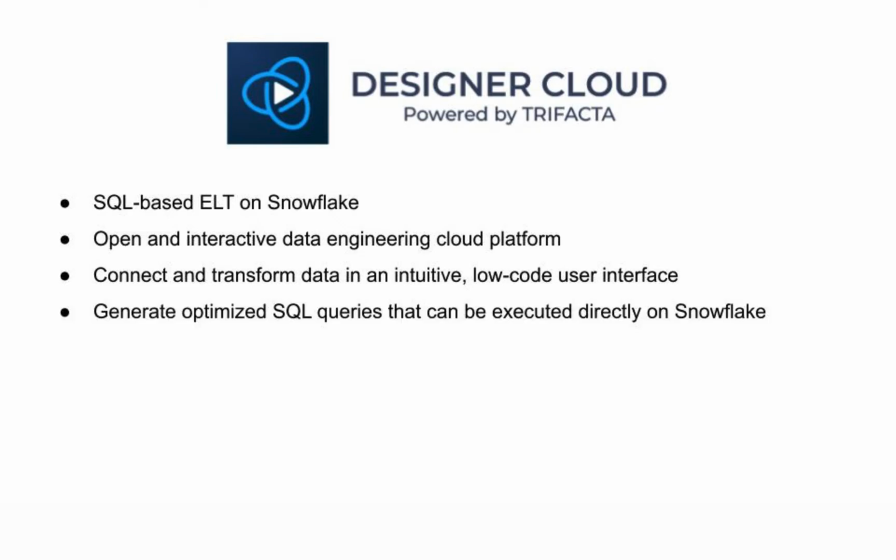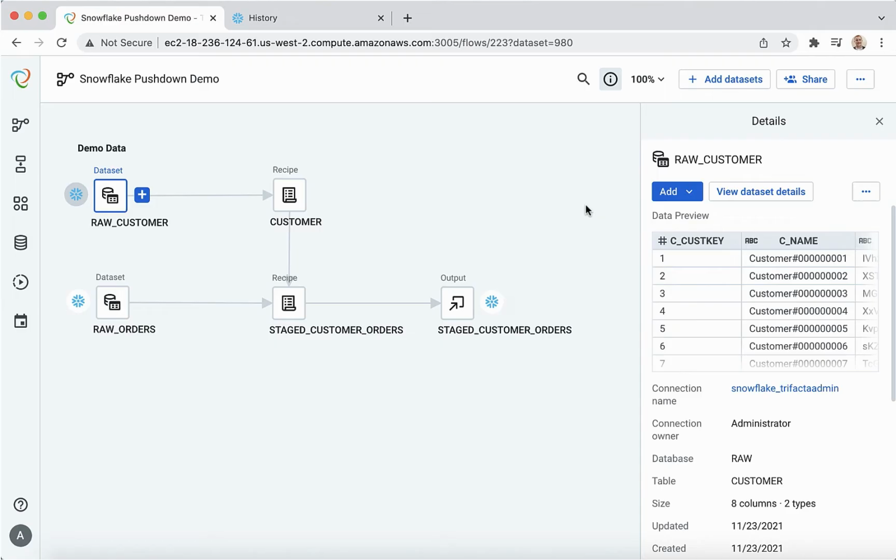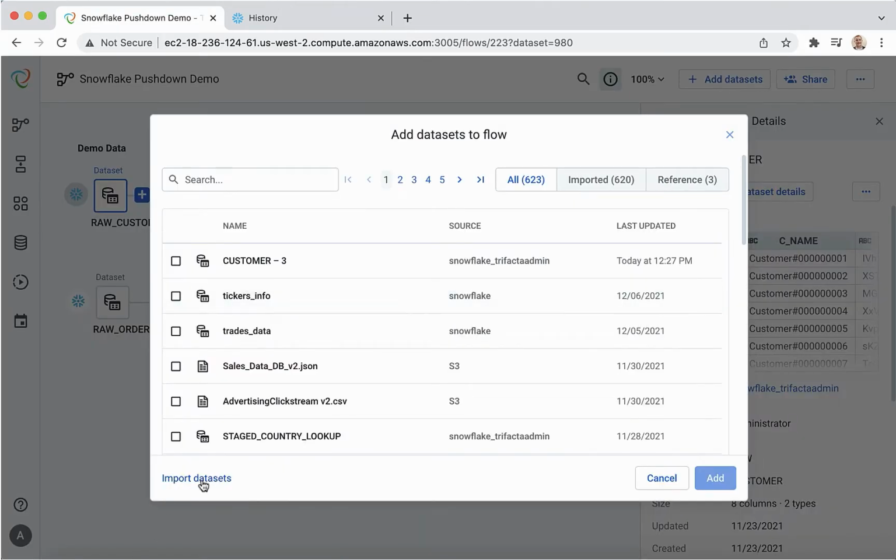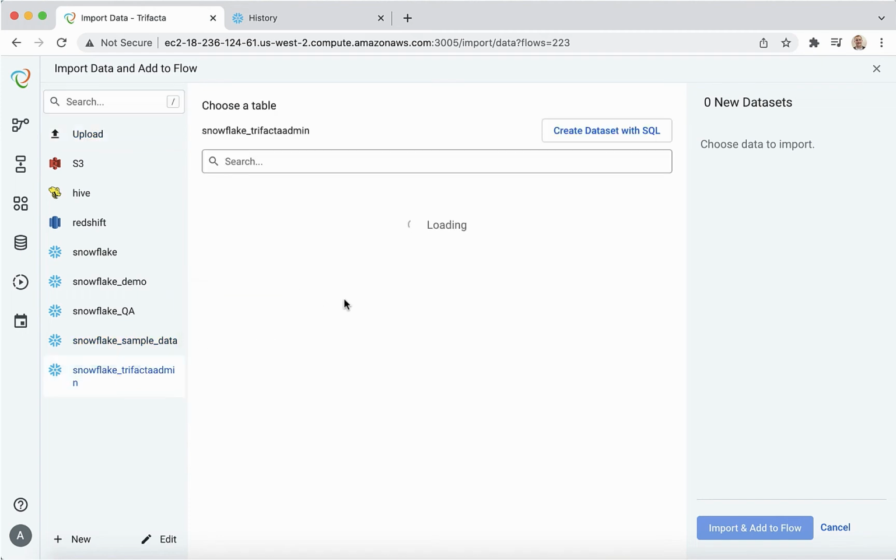Then, we'll demonstrate how Trifacta compiles these data transformations into optimized SQL queries that can be pushed down and executed directly on Snowflake without ever moving your data. Let's get started. Moving into Trifacta's interface, we'll begin by connecting to raw data from Snowflake using Trifacta's built-in Snowflake